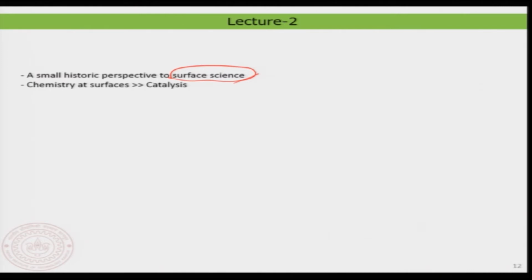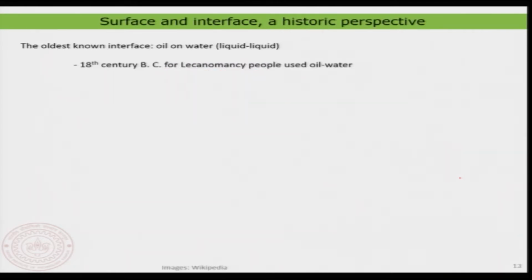Then you will also see that while we discuss this, we will come across an important aspect of surface science, or surface chemistry indeed, which is known as chemistry at surfaces, or majorly known as catalysis. So, we will also have a look at the important beginning part of catalysis during this historic perspective. Well, the history of surface and interface starts from many centuries ago, or